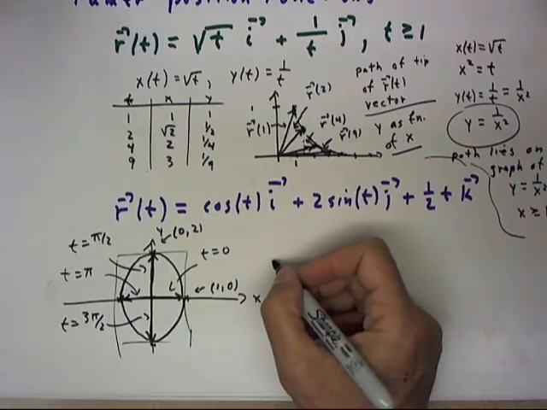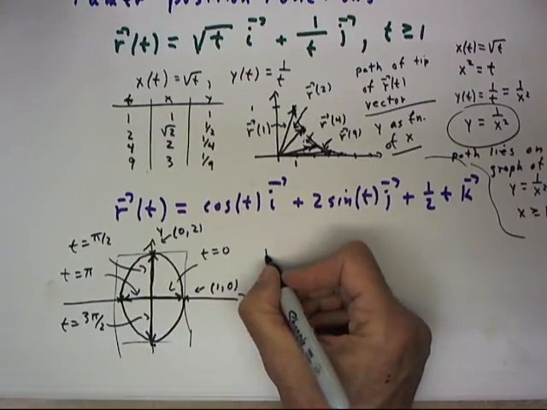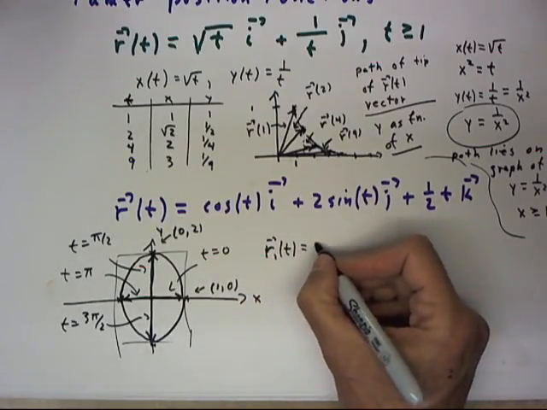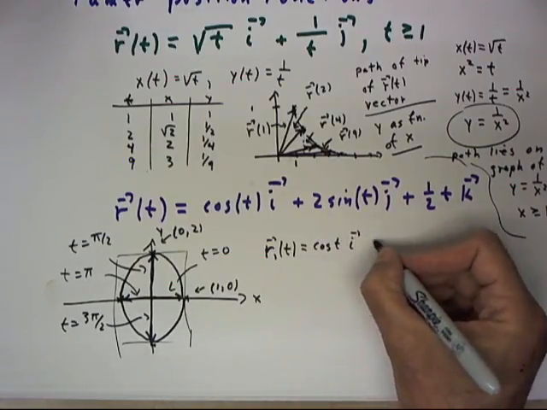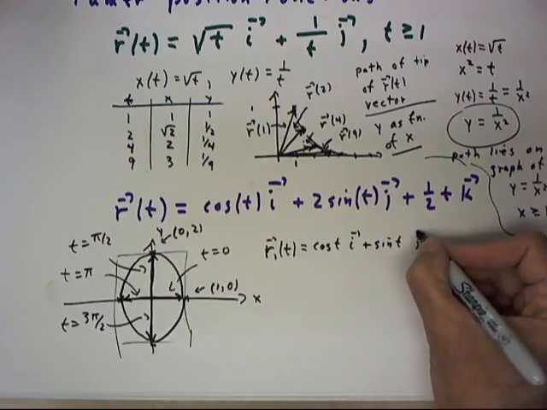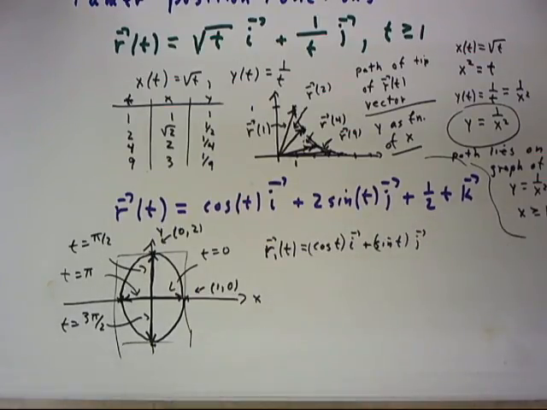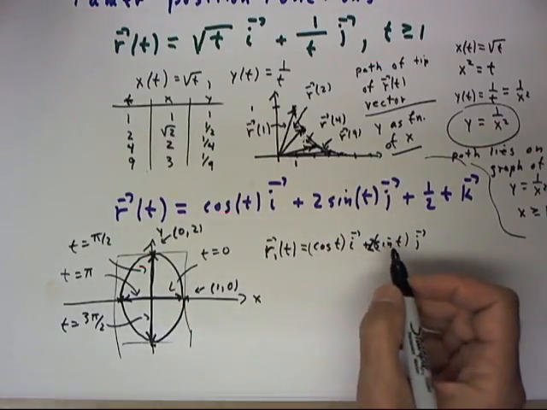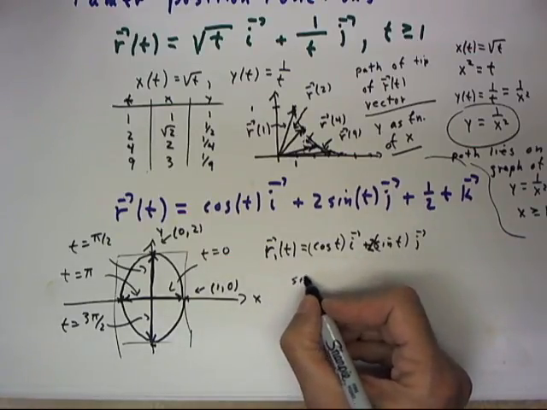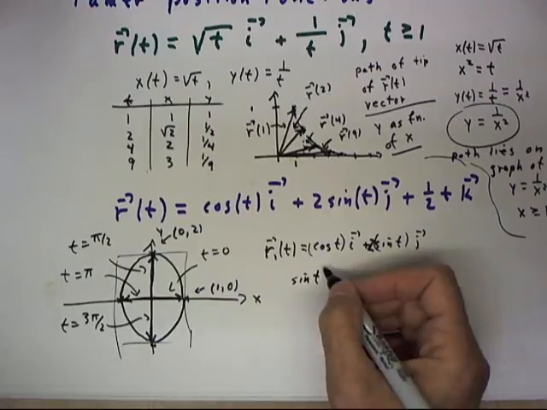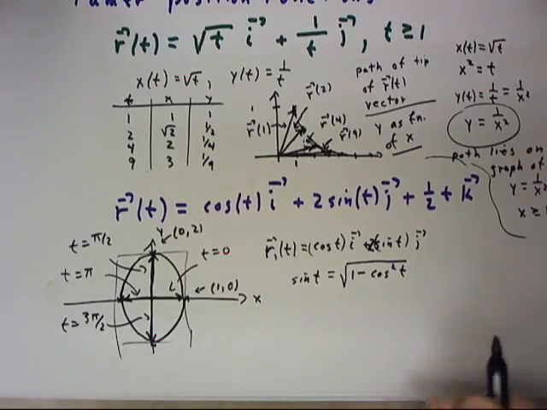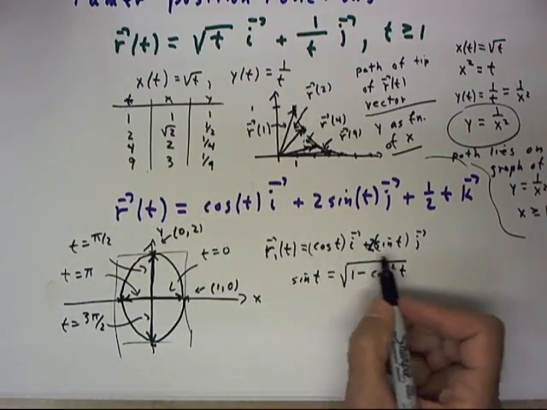And this would be the function, let's call it r1 of t equals cosine t i plus 2 sine t j. We can prove that this is, in fact, an ellipse, by the fact that sine of t is the square root of 1 minus cosine squared of t, so that this function